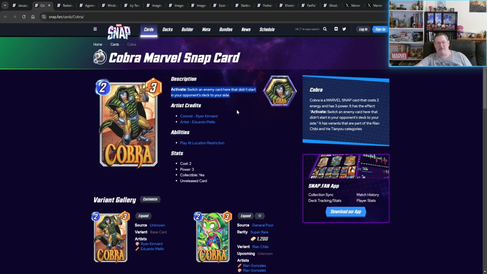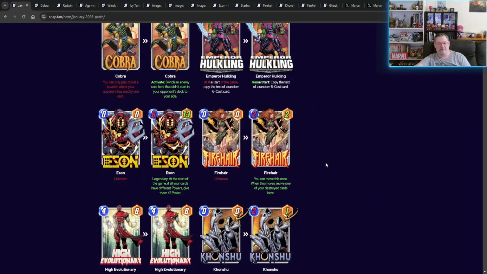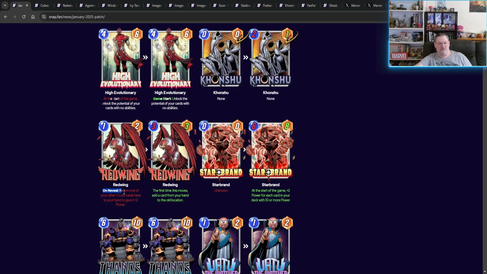So Cobra basically slithers over to your opponent's side and kidnaps a card and brings it to your side. That's really cool. I like that. Another card that changed is Redwing. Redwing was a 1/2, and it was on reveal, return one of your other 1-cost cards here to